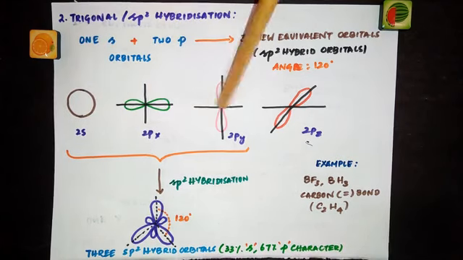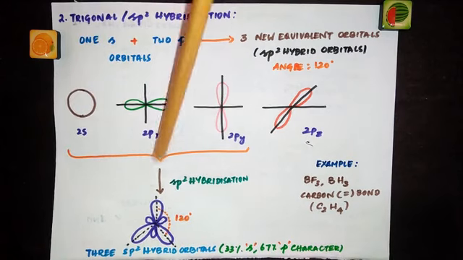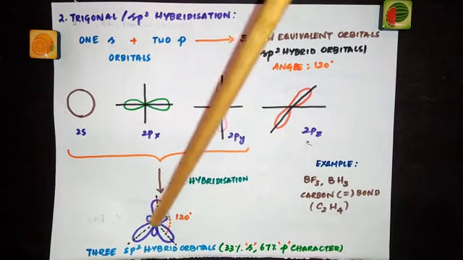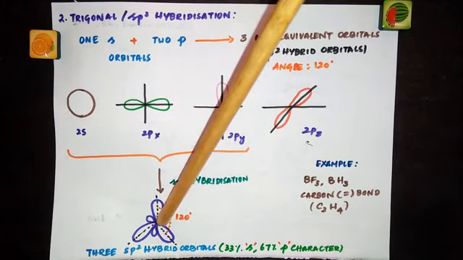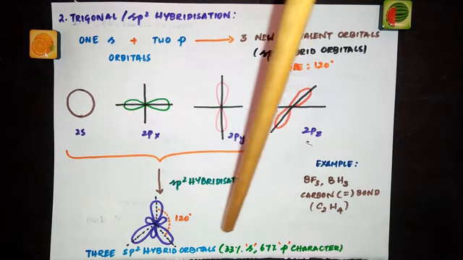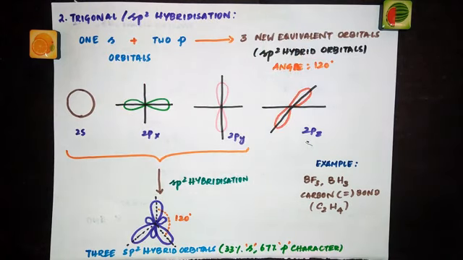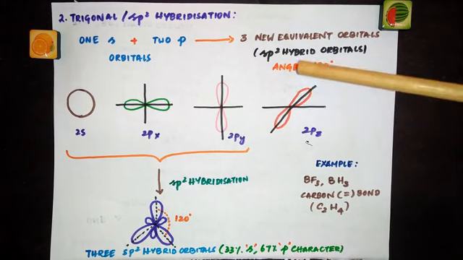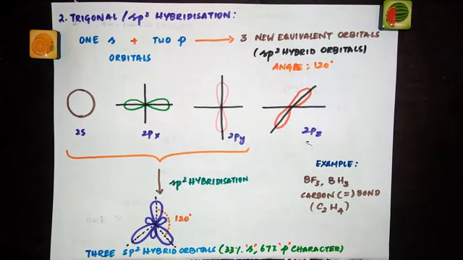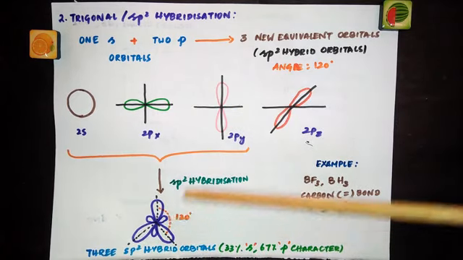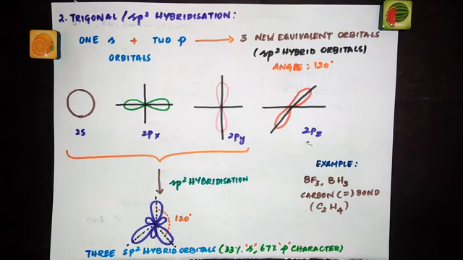See, 1 s and 2 p are undergoing hybridization to give you 3 sp2 hybrid orbitals. So this is one sp2, this is one sp2, and this is one sp2. And you have to remember, each of the hybrid orbitals formed has 33% s character and 67% p character. And this non-participating p orbital, as I told you already, if it is half-filled, can form a bond with other atoms having half-filled orbitals, but this is not involved in hybridization. So this will be the angle in the case of sp2 hybrid orbitals.